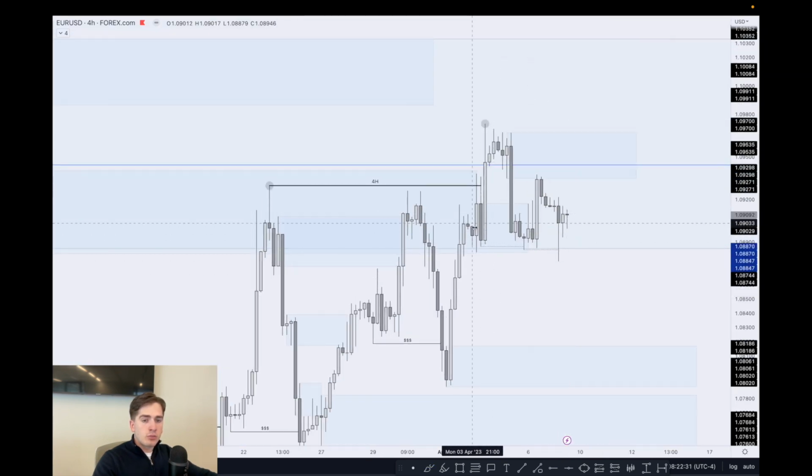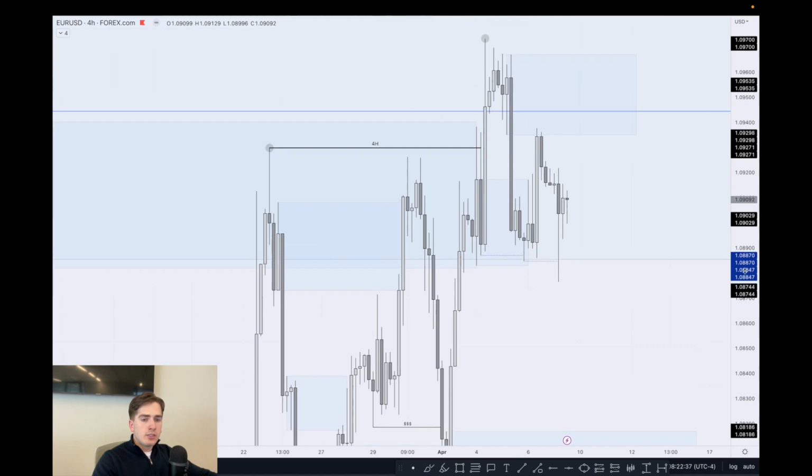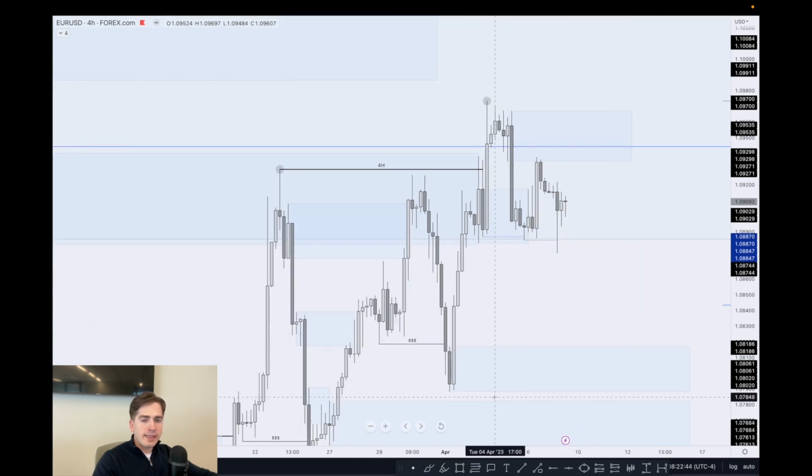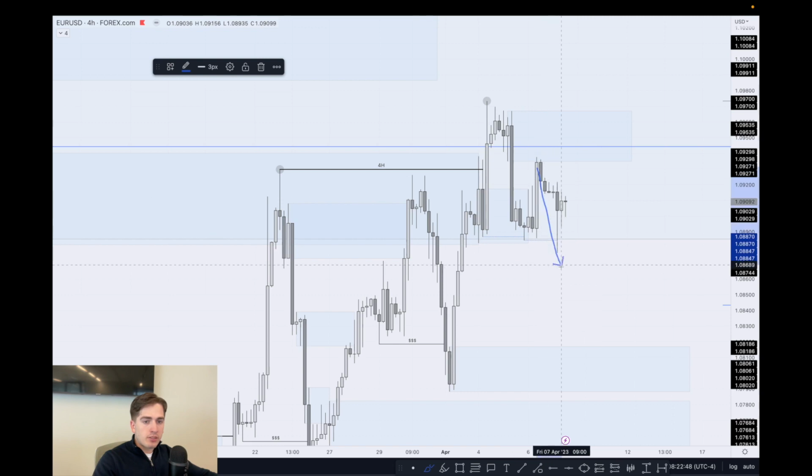At the moment, we saw a break of this area of demand on the 4-hour and this area of 4-hour supply hold, which caused a 4-hour change of character. So then, since we pushed back down even lower again, we once again saw a 4-hour change of character, meaning that the overall 4-hour change of character order flow, whatever you want to call it, is bearish,